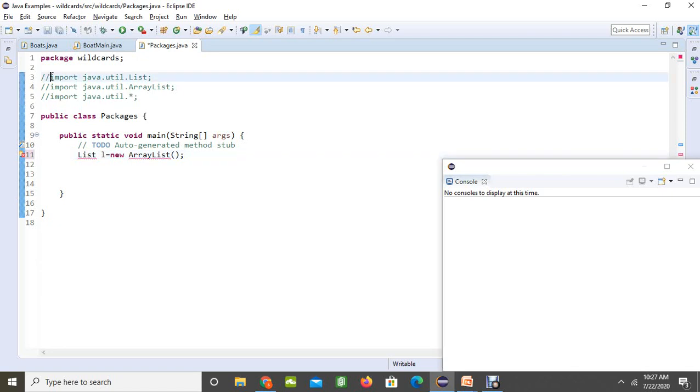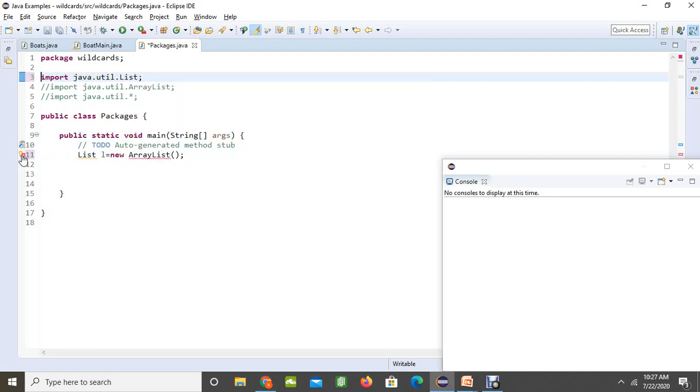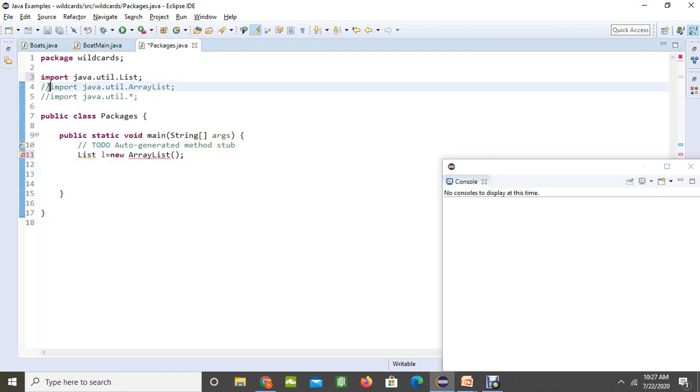If you want to import only one class, you can use a syntax like import java.util.List. Immediately when I import List, List is allowed now because it can find it. ArrayList cannot be resolved yet. So if I want to import ArrayList, I can import it separately like this. Now it is going to allow you. It is giving a warning because it is a generic type where you have to pass a type here, but now we are not dealing with it.